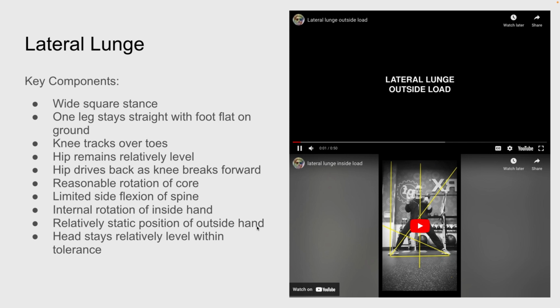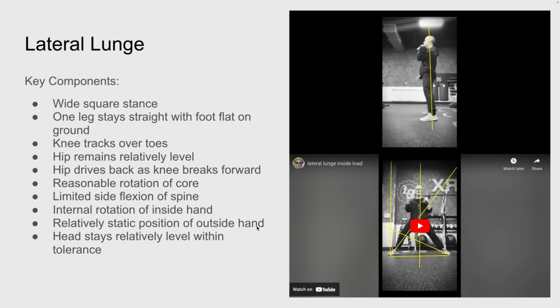So this is outside load. When we see outside load, I'm holding a kettlebell in the rack position. You would also essentially hold a dumbbell in the identical position. You can see here in the bottom point how the shoulder stays relatively over the ankle the entire time. Here you can see the triangular relationship between the head, spine, knee, and hip, and how we're producing structural stability